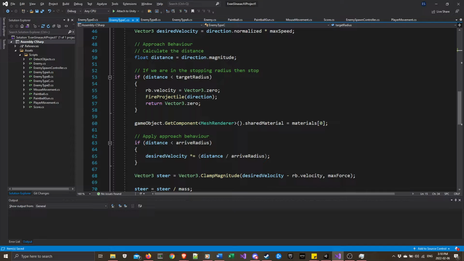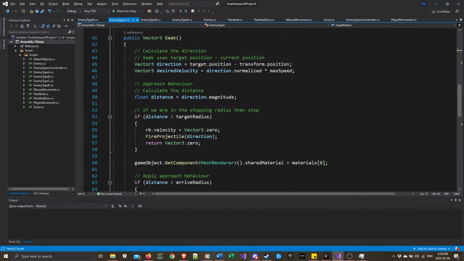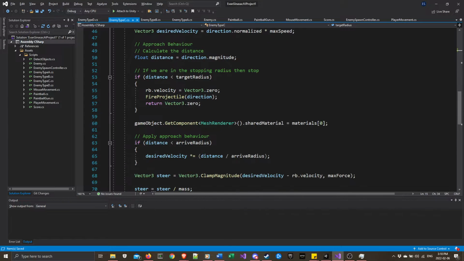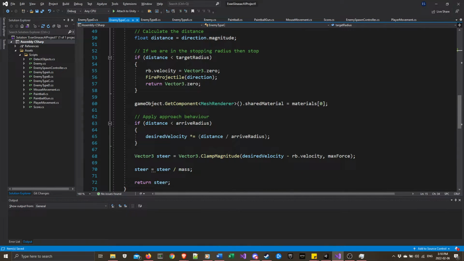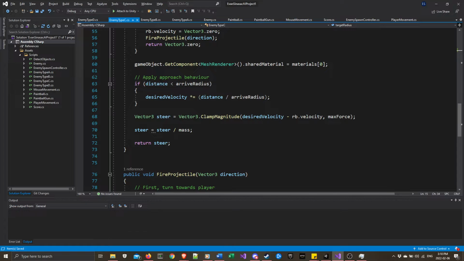And we're going to run the fire projectile in the direction that we are facing the player, since Seek is still trying to approach the player directly. If we're not in the stopping radius, then we set the material to the first material, and we apply the approach behavior, and we slow down the velocity